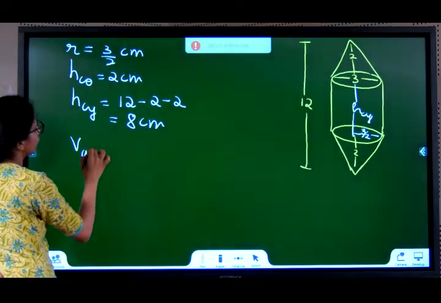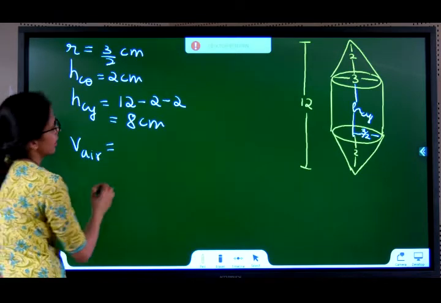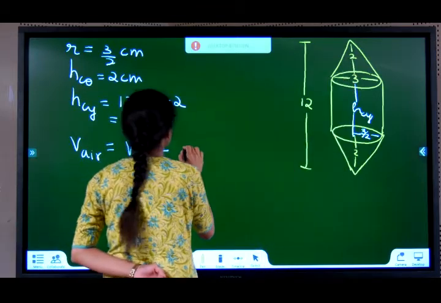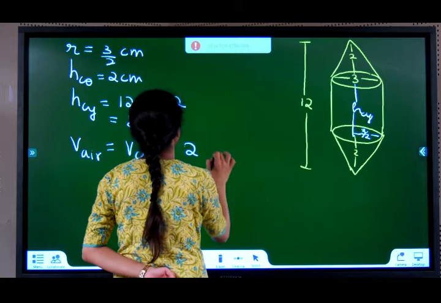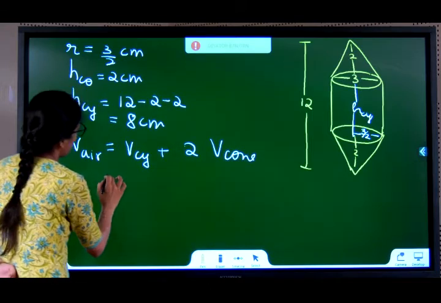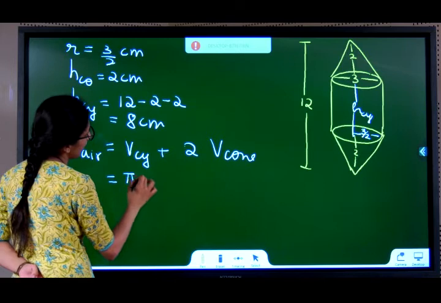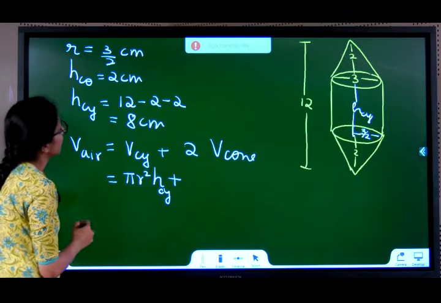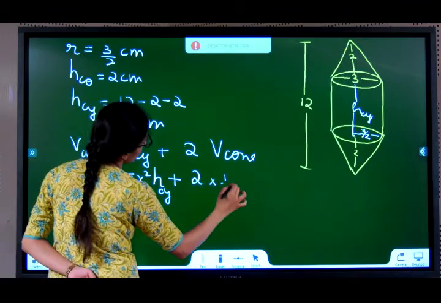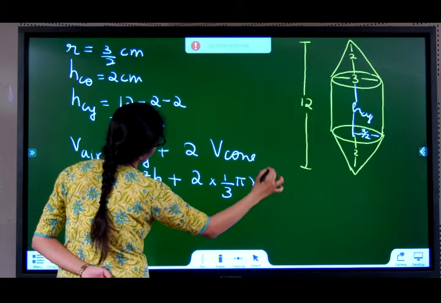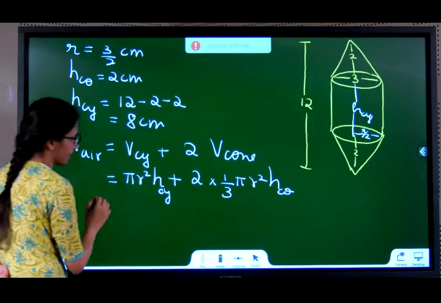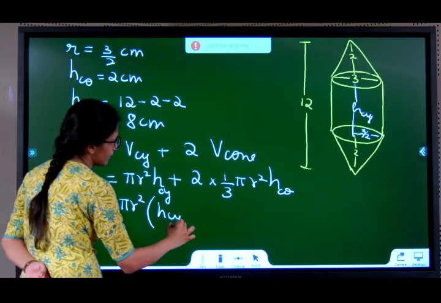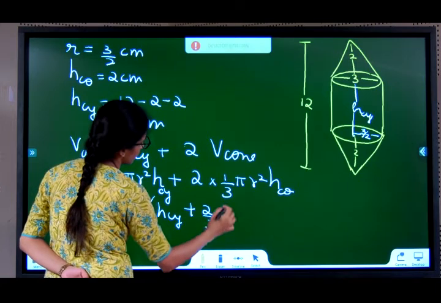They've asked for the volume of air inside this model. So volume of total air in the model is volume of cylinder plus volume of cone. These two cones are exactly the same, so 2 times volume of cone. Volume of cylinder formula pi r square h. Cone 2 into 1 by 3 pi r square h. Both the r's are same. You can take pi r square common. H cylinder plus 2 by 3